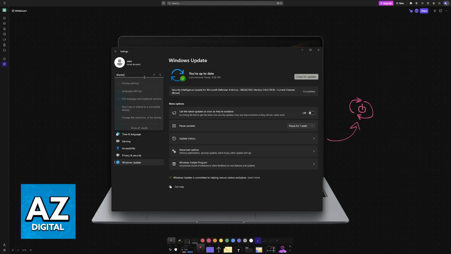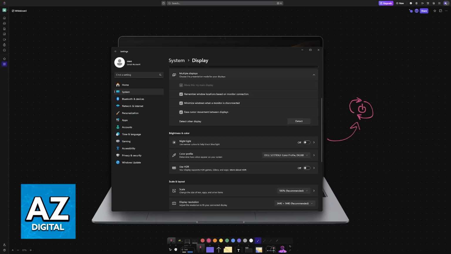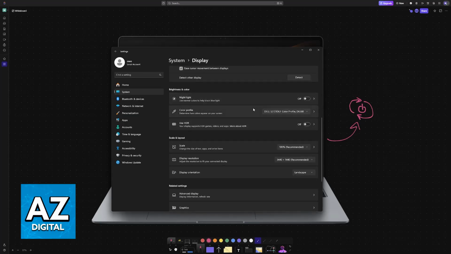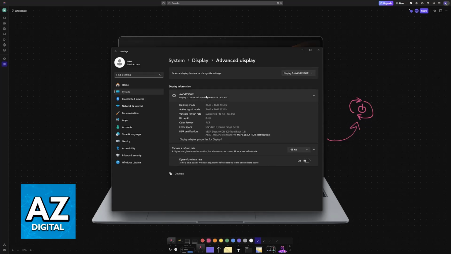The next thing to do is to go into the display settings. In here, you will be able to ensure that the screen is properly set up, and most importantly, if you scroll down, you can go to advanced display and configure the refresh rate. Oftentimes, modern Samsung laptops will handle up to 120 or even higher refresh rates, but going to the highest refresh rate possible can sometimes cause issues.